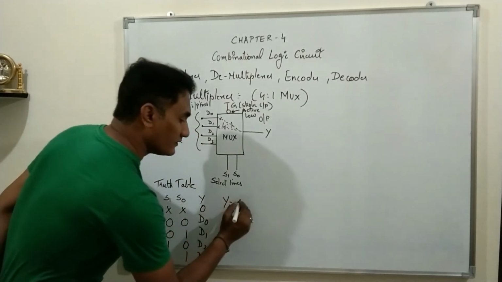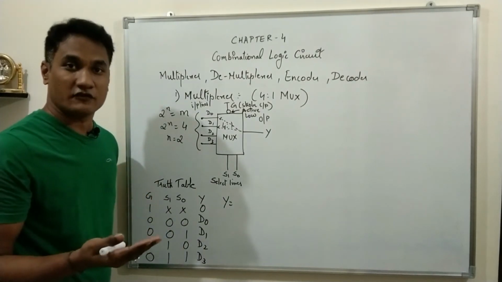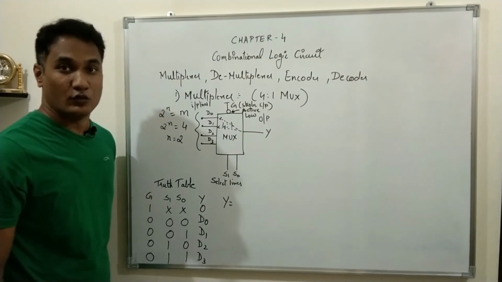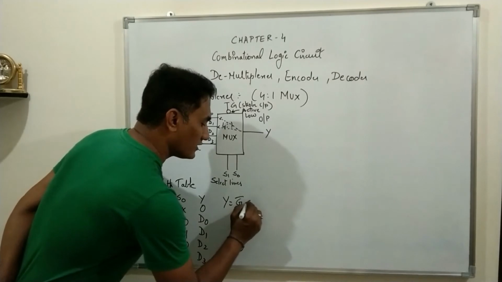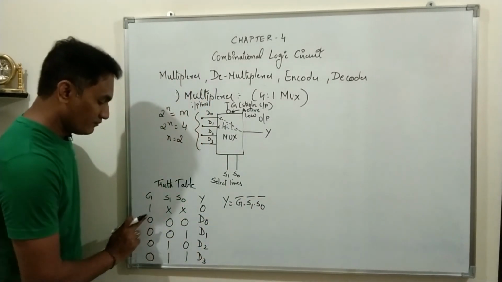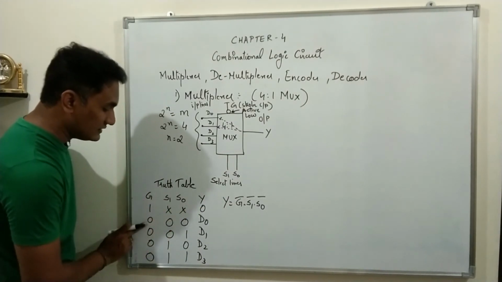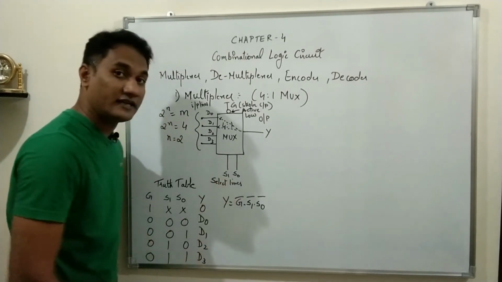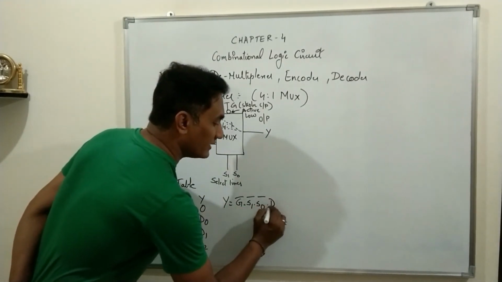That means, when the variables are 0 and we write an equation from the truth table, the variable which is 0, we will draw a bar sign over it, a complement sign over it. So the equation will be G bar dot S1 bar dot S0 bar. When I say dot, that is how I read: G is 0 and S1 is 0 and S0 is 0. So this dot sign indicates AND operation. Which input is selected? The input selected is D0.